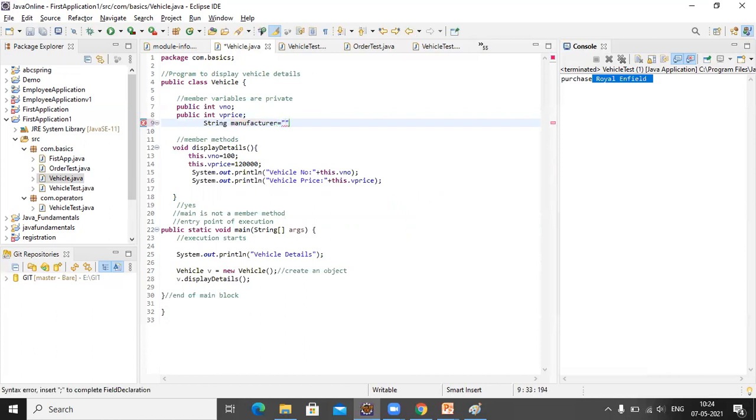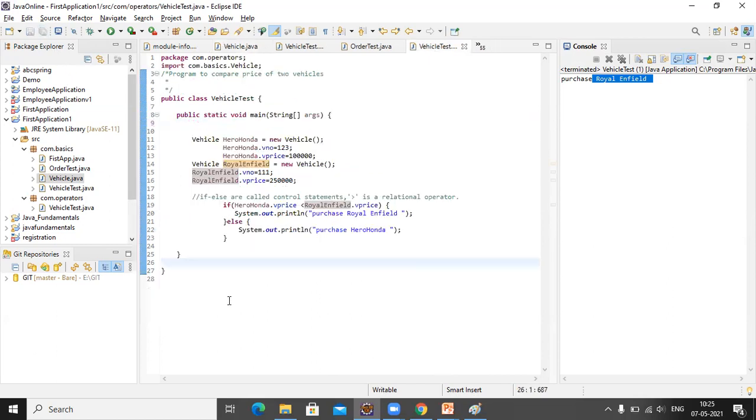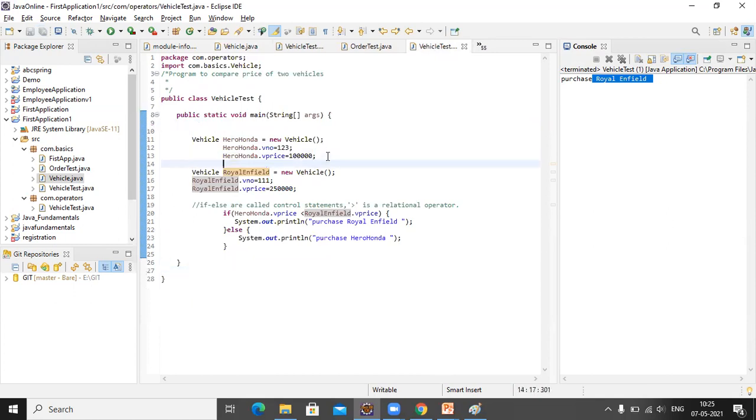Let us take manufacturer, String manufacturer. But this also I want to make public. Now in the vehicle test, I will assign manufacturer also.